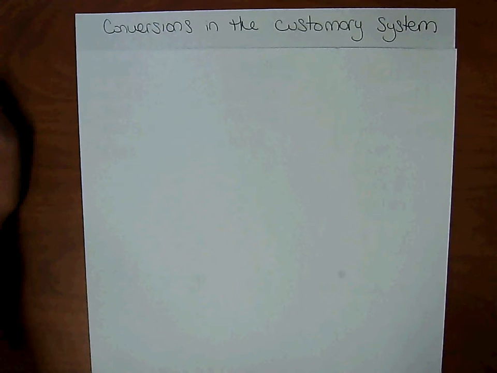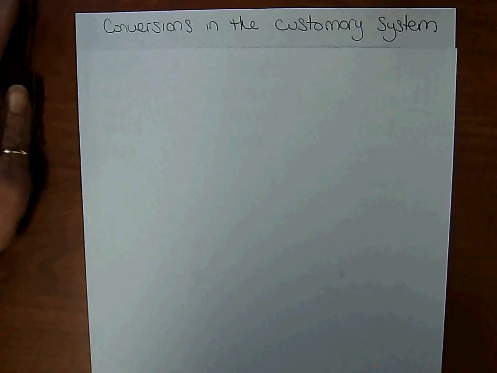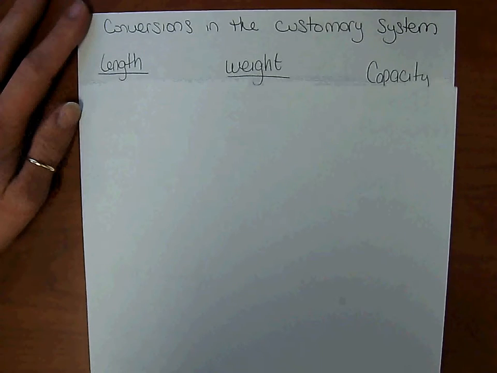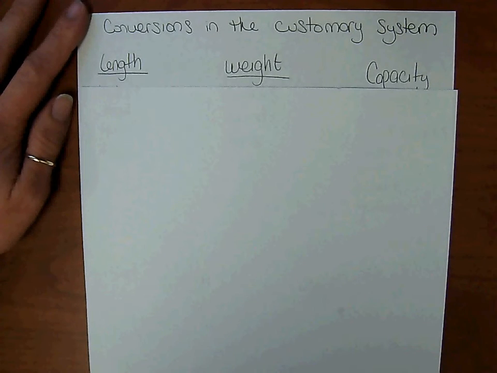Conversions in the customary system. Customary system is what we use in the United States. There's three basic things you can measure: length, weight, and capacity, which is liquid. Now within the customary system, there's lots of different units of measure that you can use to measure each one